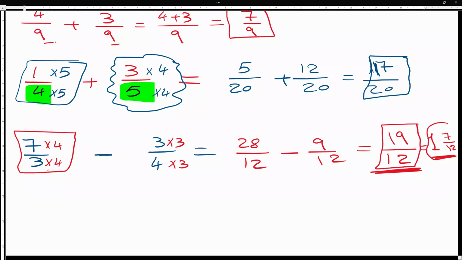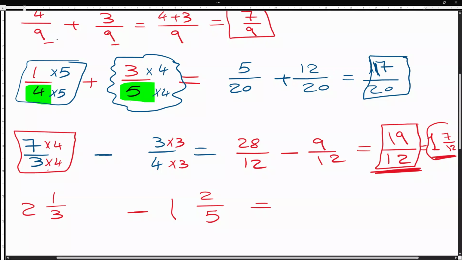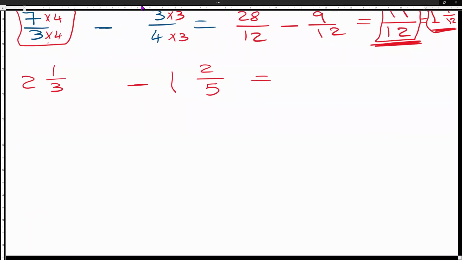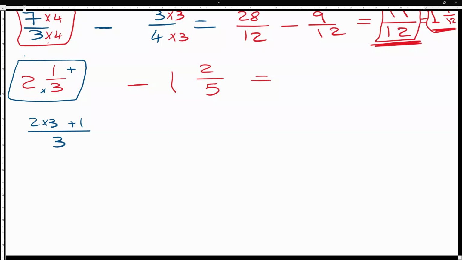The trickiest part of adding and subtracting fractions could be when they give you a question like this, 2 1/3 minus 1 2/5. Please make sure that you're taking notes of these. In here, what are these questions? They are mixed fractions. I cannot add or subtract mixed fractions. I have to convert each one of them to improper fractions first. So I'll convert this one. Do you remember how? Yes, I multiply by the bottom, add the top. So it will be 2 times 3, and then I'm adding 1, and it's still out of 3, minus